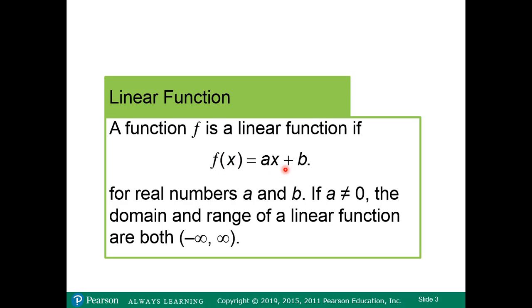So f of x equals ax plus b, where a cannot be equal to 0, because if a is 0, then we no longer have a linear function. Oh, actually, no, I'm sorry, I almost misspoke. So a could be 0 because a constant function is a linear function. It's just one where it's not very exciting. But anyway,